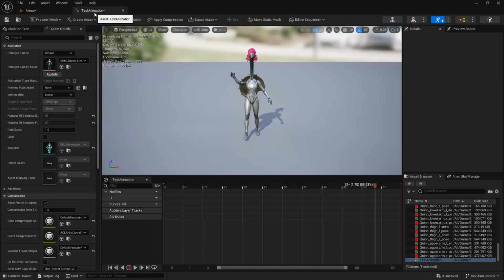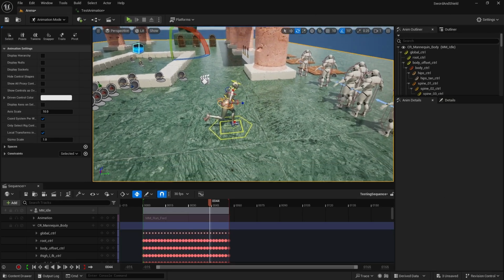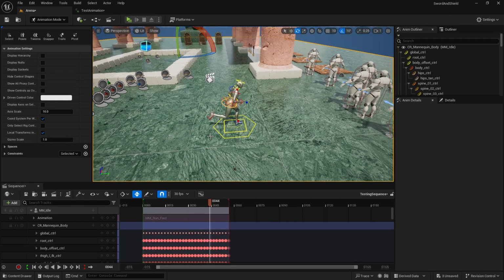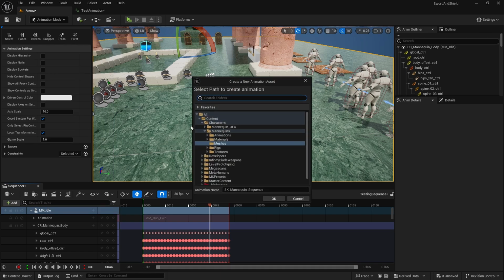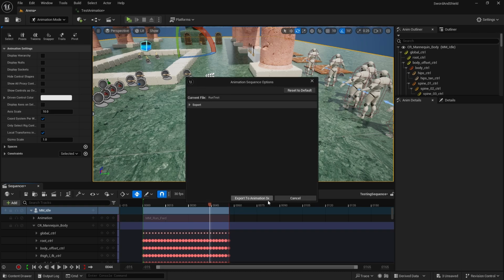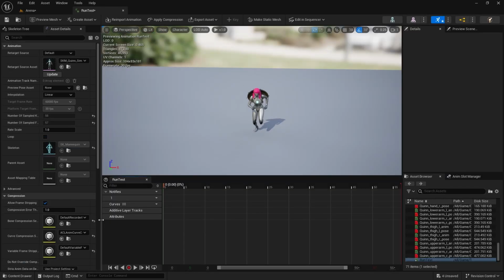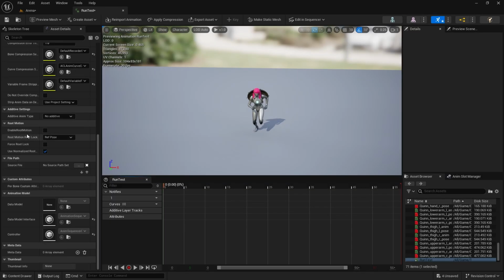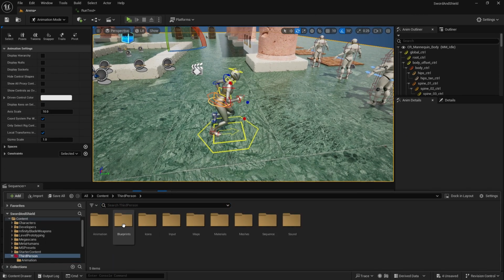So on the animations, let's say this one. I'm going to export it as a test so you can see. So right click on the idle, bake animation sequence. Again, go to animations, and this will be run test, export animation sequence. And this run test by default doesn't have enable root motion. So now if I were to go to my player,